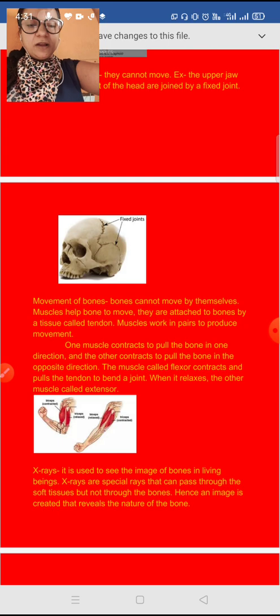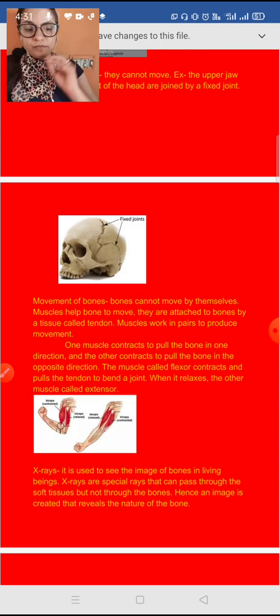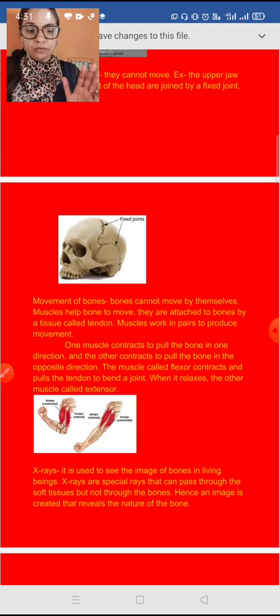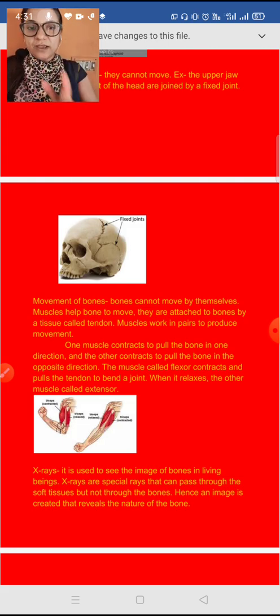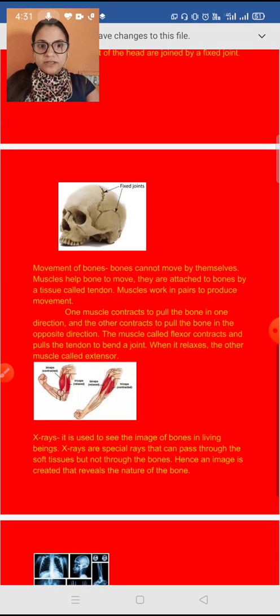The upper part of your head is an immovable joint, a fixed joint, that protects our brain and is joined together by the fixed joint. They cannot move. The only movable part in our skull is the lower jaw, which I explained to you earlier also, right. After this it comes